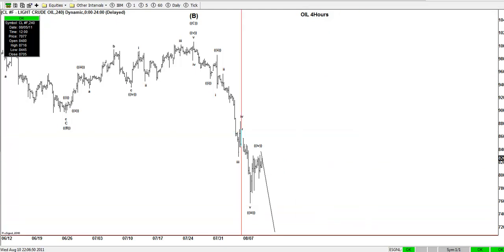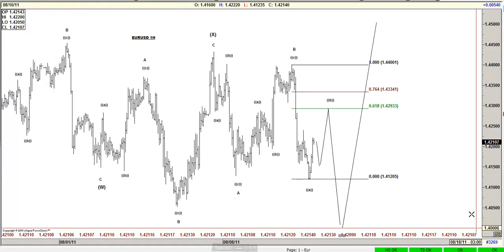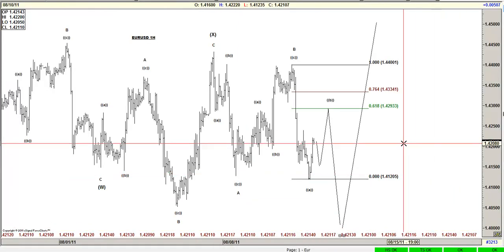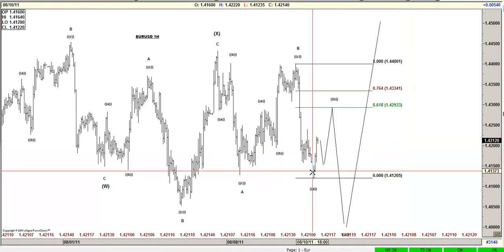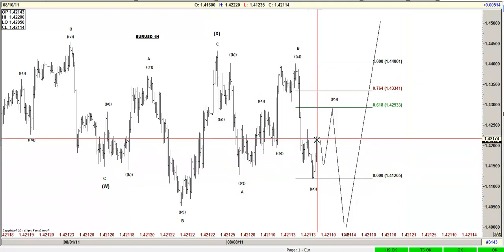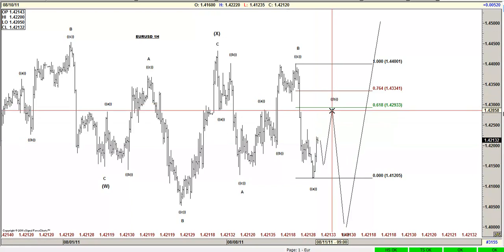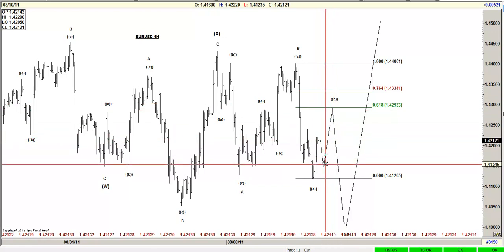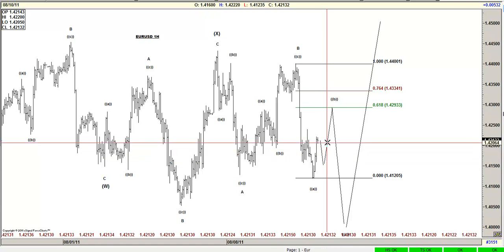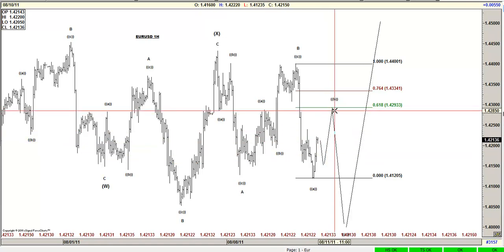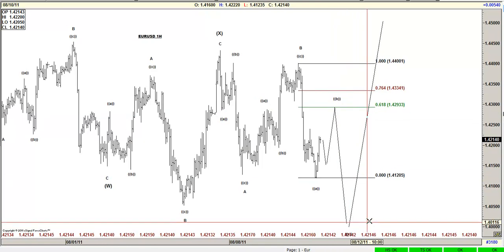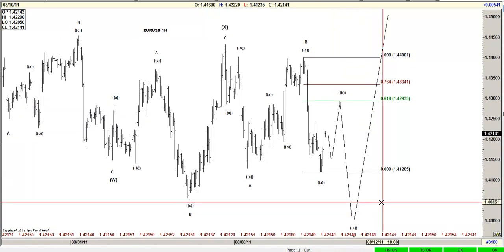On the individual pairs, okay guys, let's start with the euro. It looks like the first leg, or wave A, of the proposal, wave B, is already in place. Now we're expecting a drop to around 141.70 and a continuation of the move to around the 142.93 area before going lower to the final leg within the euro